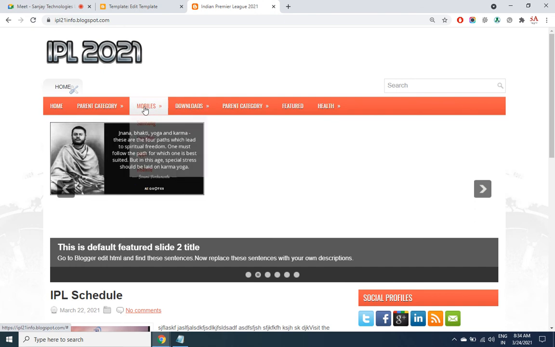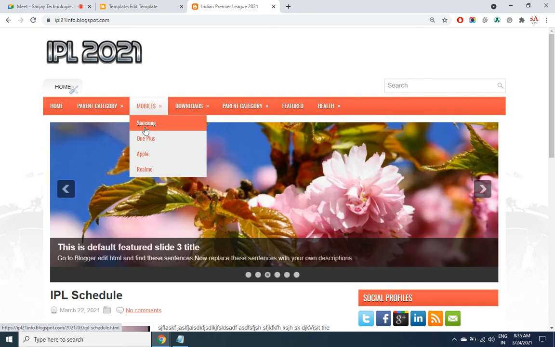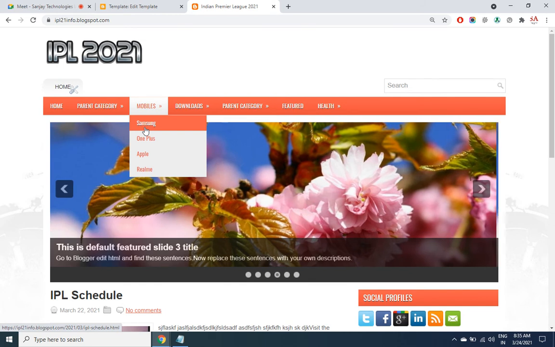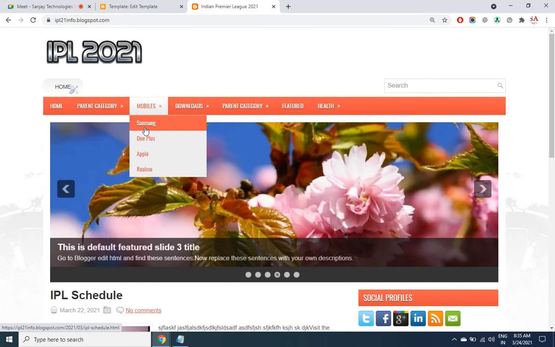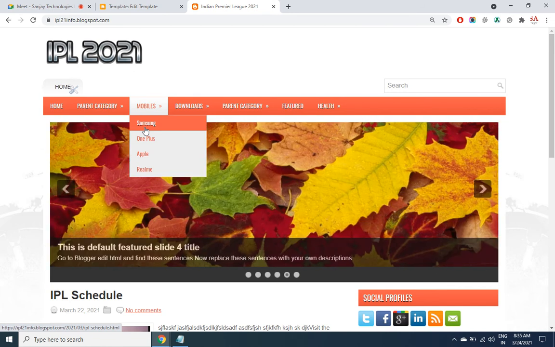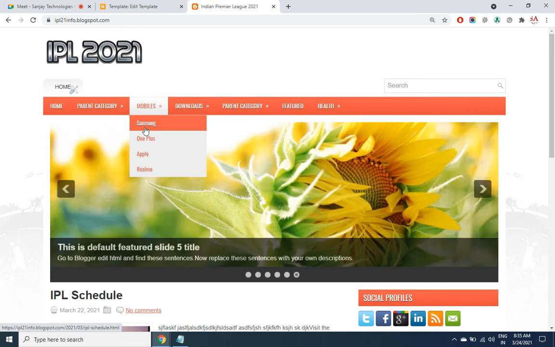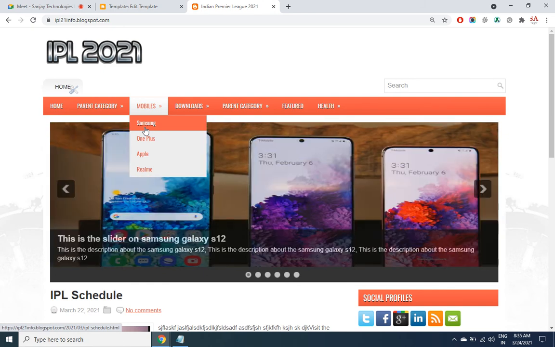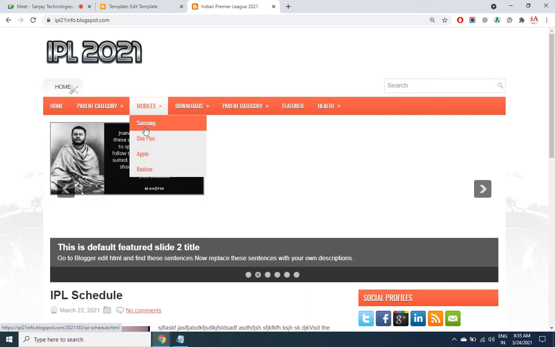Now, for example here, we have assigned only one page URL link. But how can I assign a group of pages' link there? Someone is clicking on Samsung, I want all my pages based on Samsung to be shown up, one below the other. For this, you need to first classify your posts according to labels. So labels are used in order to group the posts.